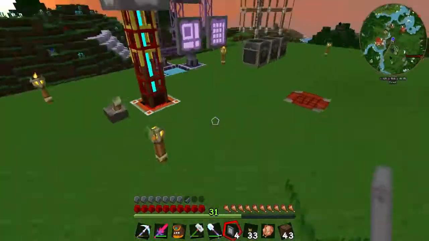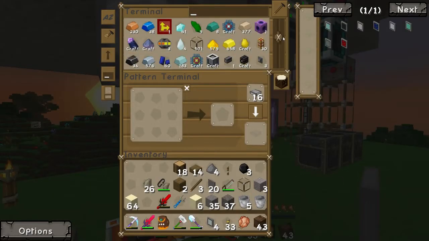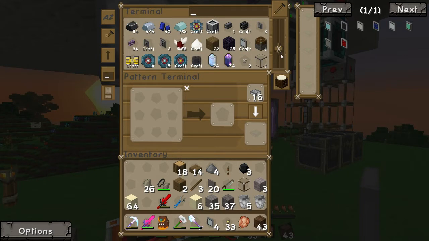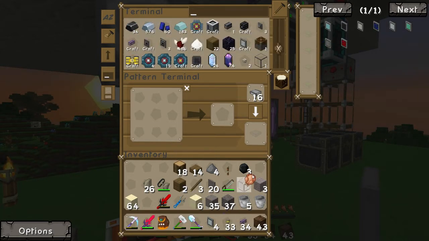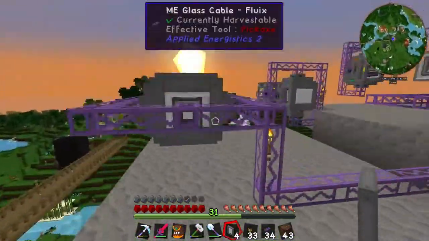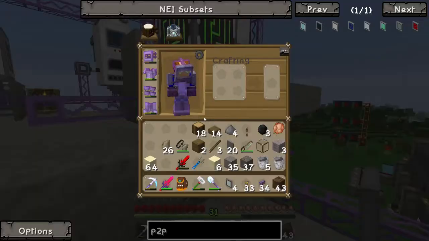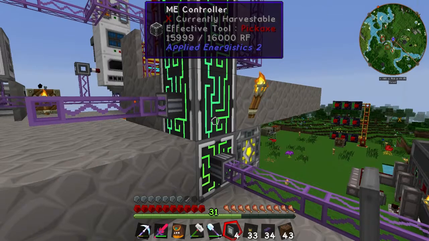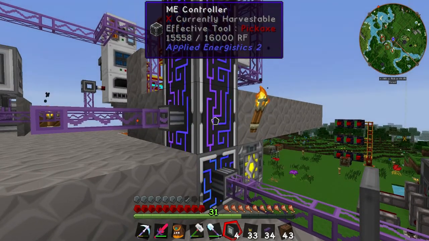I need some ME cable. ME cable. Right. ME cable. 34. We've got loads of that stuff. Chicken. And then we're going to need a memory card, so we can program all this shizwaz, and we're probably going to need to label all this shizwaz as well, so we actually know what it's doing. So I think we're going to go with, we should have probably gone with 3. So we're going to go with